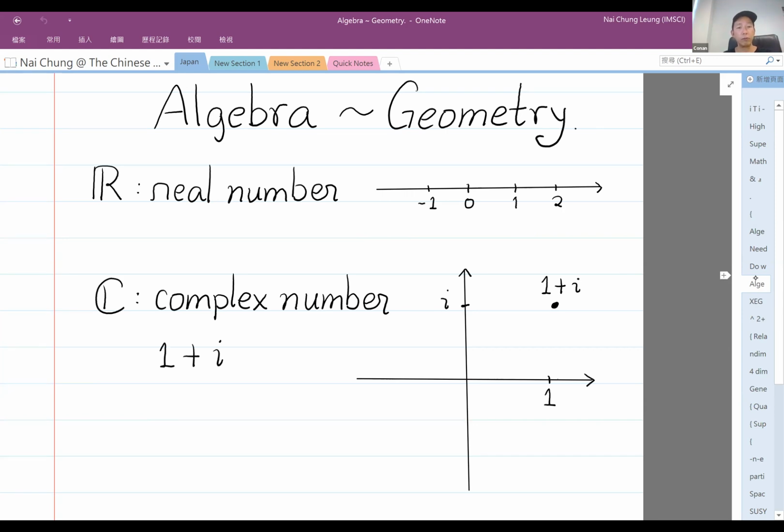While we have real numbers, which are 0, 1, 2, 3, and so on, for complex numbers you have to have i, so you cannot put it on a real line. So let's put it in another direction. You put it in R2, two dimensions. In this case, this is 1, this is i, and when you sum, this is 1 plus i here. You draw it like this, and then you can put any complex number as a point on this 2-plane. The point of doing so is that the geometry of the 2-plane can tell you the algebra of the complex numbers.